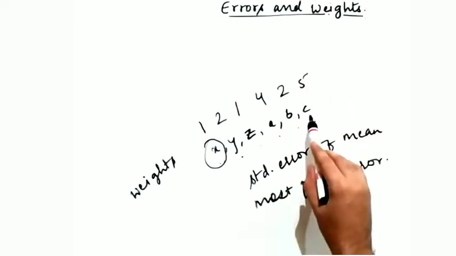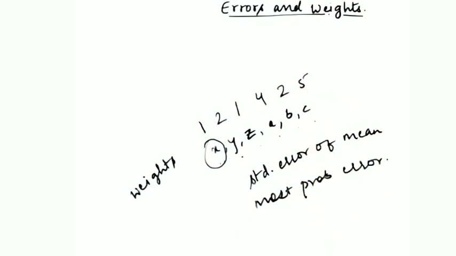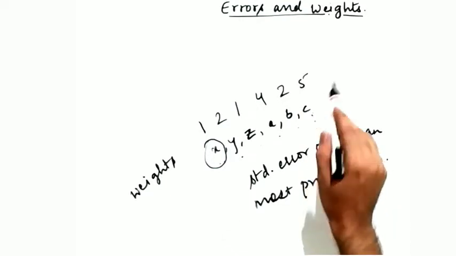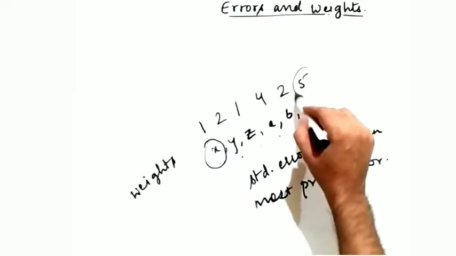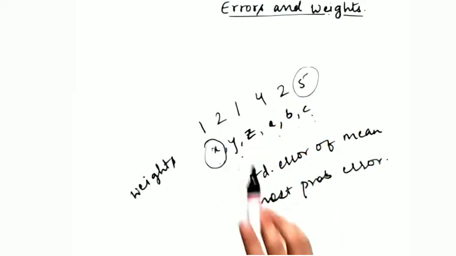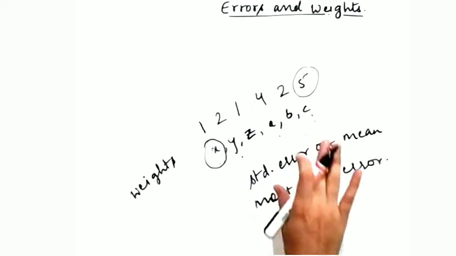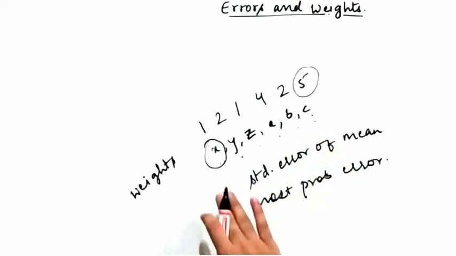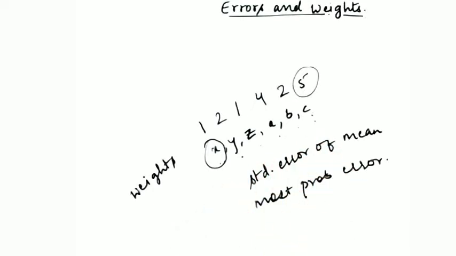That means observation C has the most importance among all these observations, since its weight is maximum, and Z and X have the least weight and the least importance. After giving the weights, since every observation has a different weight, these observations will be treated differently. Now they are not equal types of observations, since they are related with their weights.